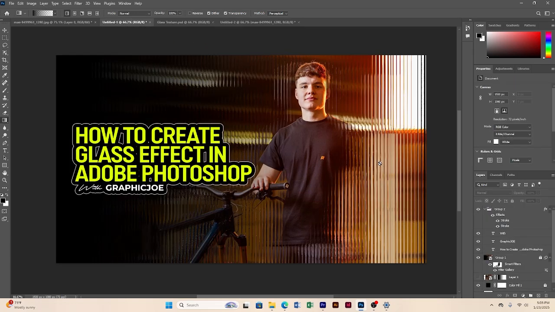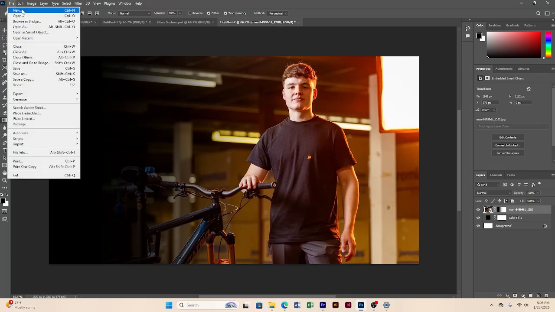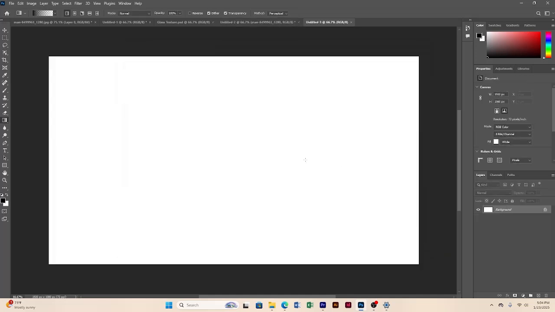So now what we're going to do next is we are going to create our texture, this glass texture effect you see here. So we are going to create our texture next. What we're going to do is create another canvas, and then I want you to pay attention here. So what we're going to do here is create